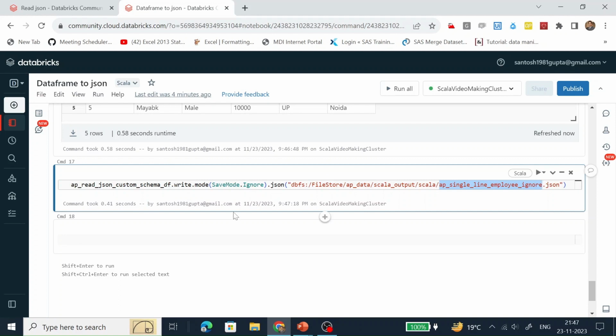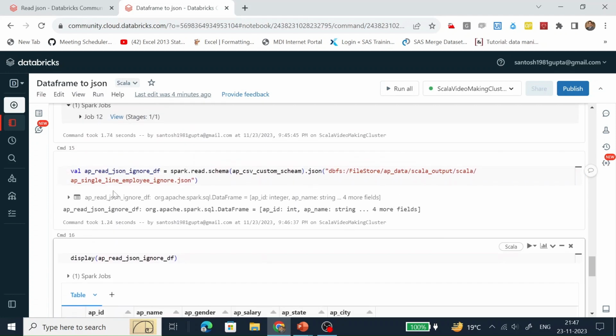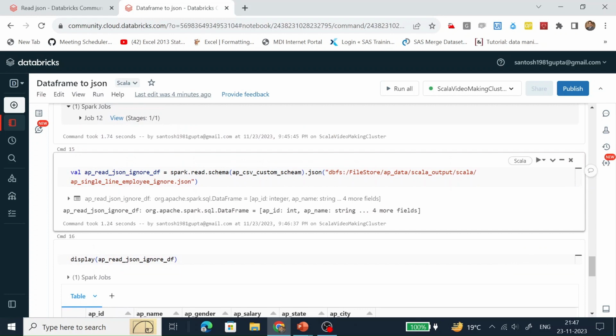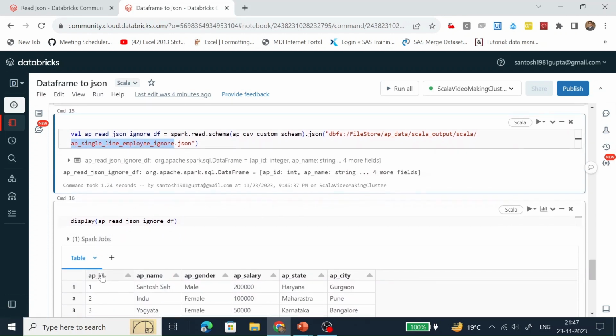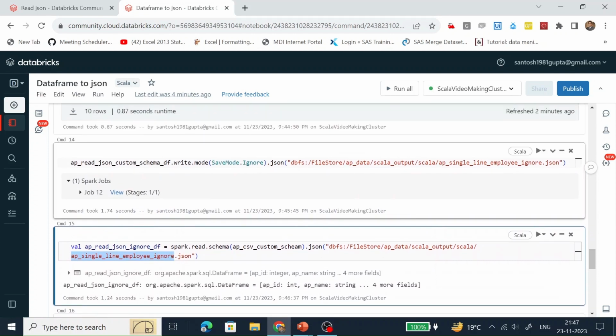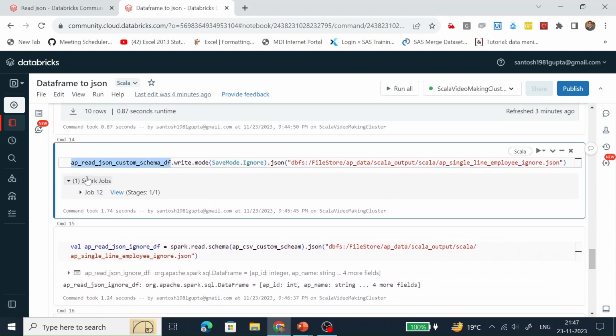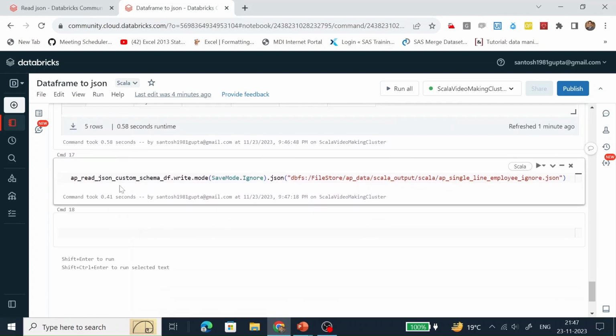So how did we figure out that the write operation is getting ignored? The first time, once we created this file, we could see Spark jobs get created, but here Spark jobs are not created. That means this write operation didn't take place.